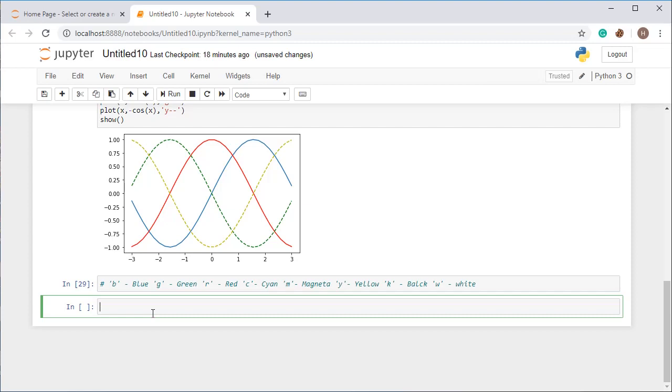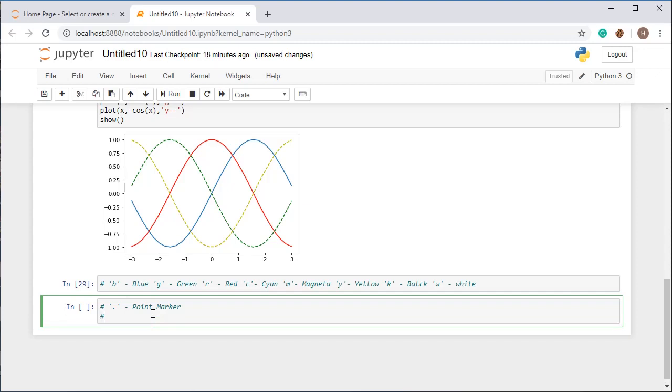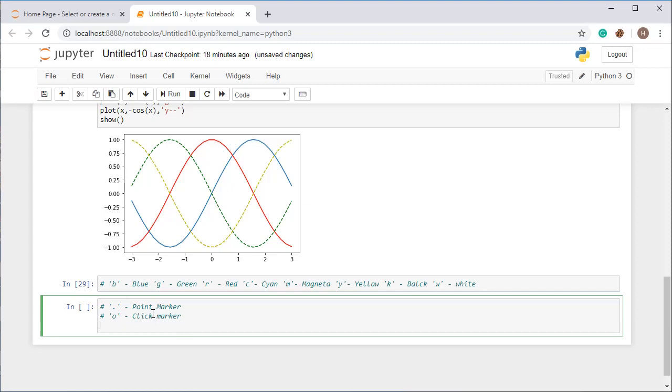All right, so markers, note it down. If you put a point, then it will convert into a point marker. If you use O, then it will show you a circle marker. I will be showing all the examples, so don't worry, just note it down first.